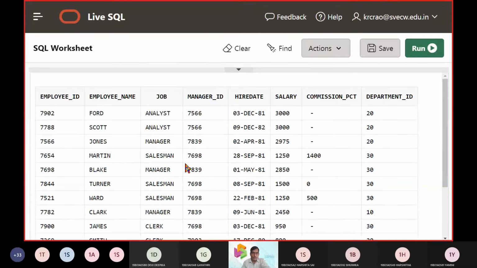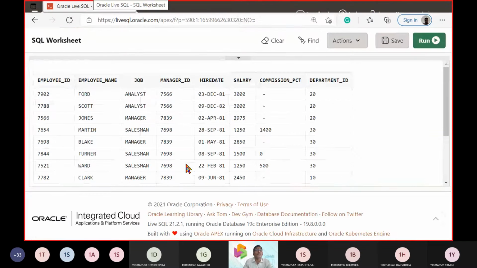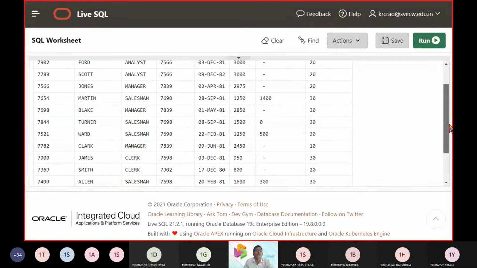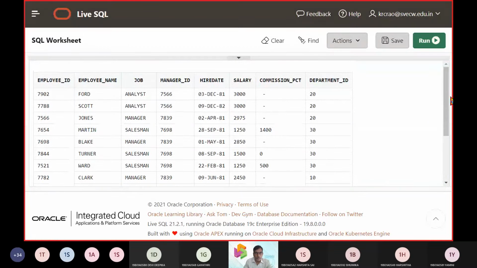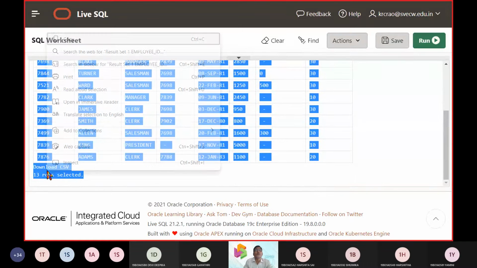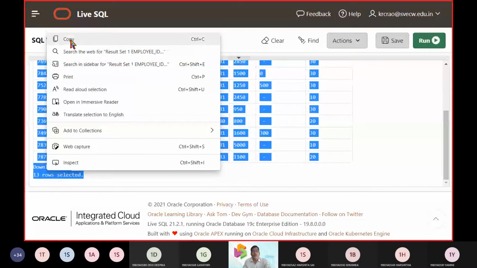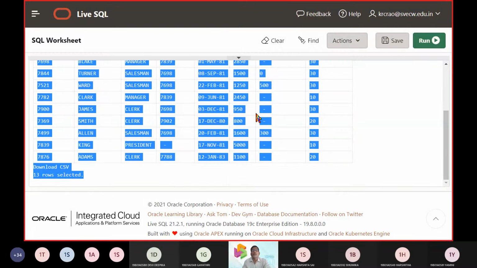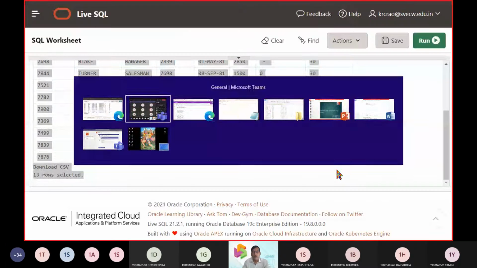So they are taken up. So 13 rows are available. Now we can copy this, then take this to our work area.